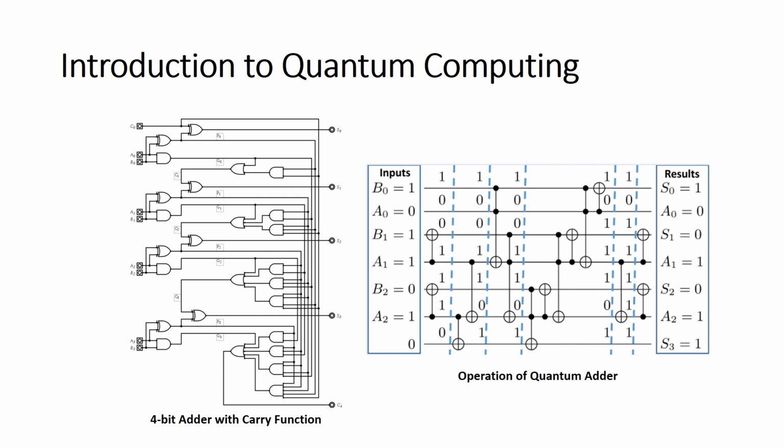On the right, we have a quantum adder circuit, and this circuit is designed to perform addition on quantum bits or qubits. It uses quantum gates and the principles of superposition to explore multiple combinations of qubit states simultaneously. The power of the quantum adder circuit lies in its ability to leverage superposition and entanglement to perform complex calculations exponentially faster than classical adders. Quantum computing isn't just a faster version of classical computing, right? It's a different paradigm that opens the door to solving problems that were once beyond reach.